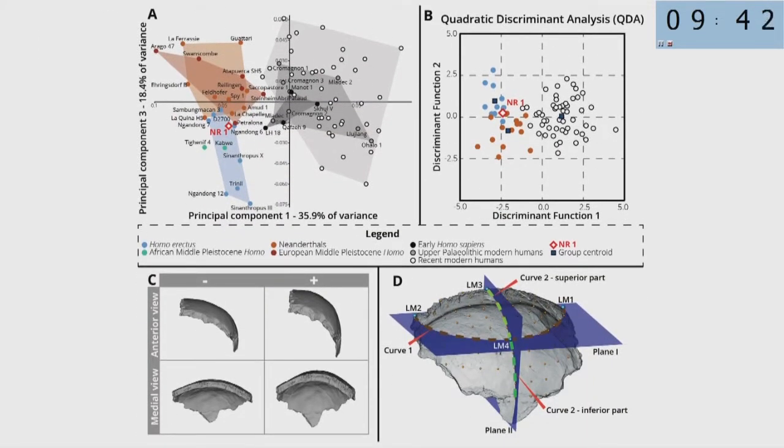So now, usually we always go to the morphometric analysis. It was quite difficult to obtain a method that would allow us to do morphometric analysis of a single bone, but it was possible eventually. And as you can see, if you look at the left upper figure, the Nesher Ramle parietal bone is located somewhere between Homo erectus, Homo heidelbergensis, and very early Neanderthals, like close to Petralona, for example, but also close to some Asian late Homo erectus, which is